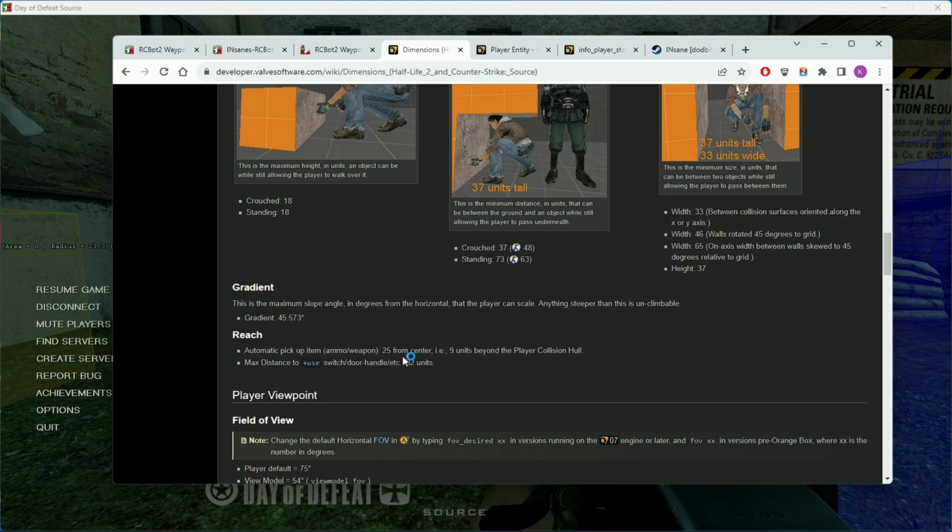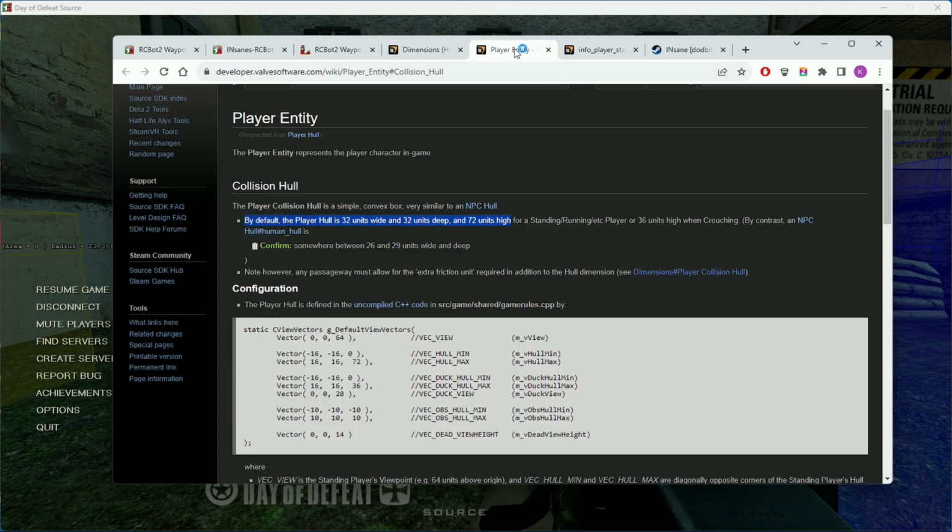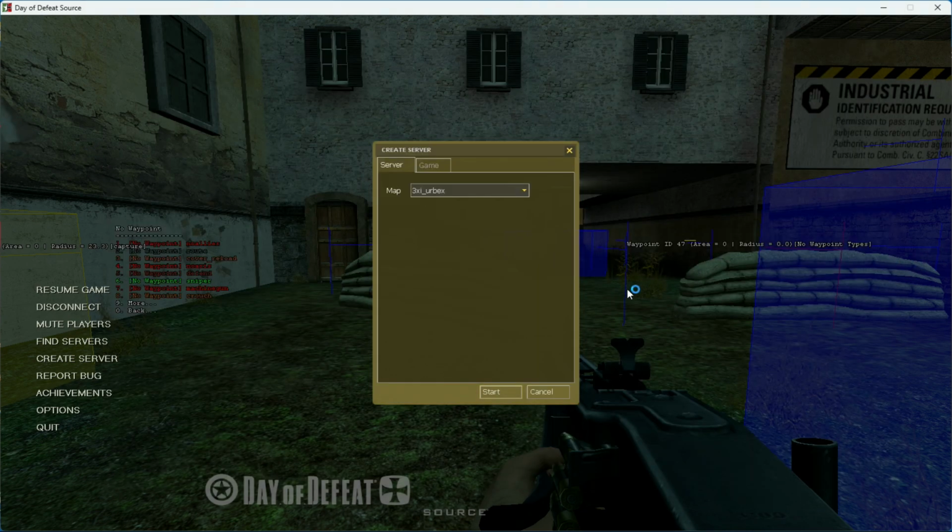And the mappers shouldn't do what they did up there. That's completely wrong. The player entity itself, you can see here, by default, the player entity is 32 units wide, 32 units deep, 72 units high. So that probably explains the